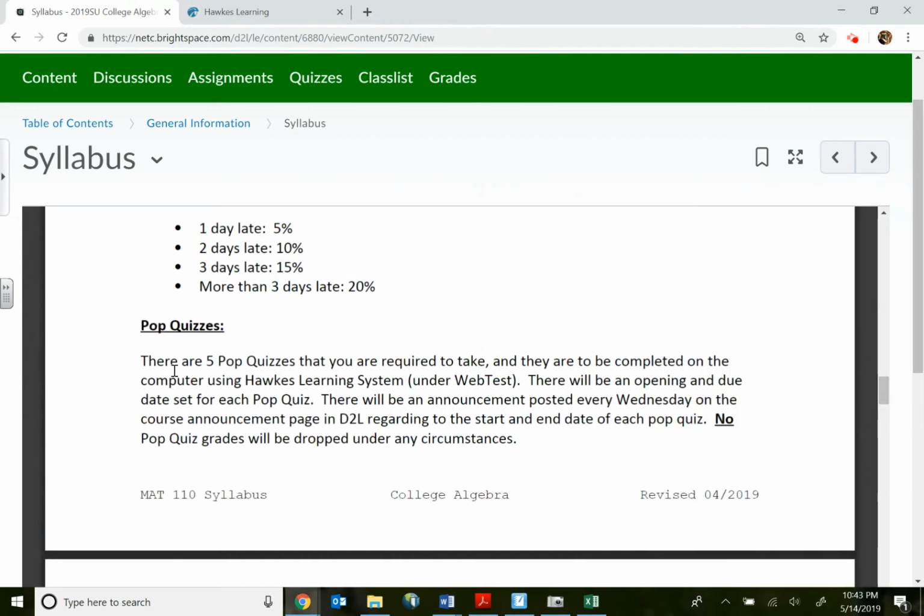All right, pop quizzes. There are 5 pop quizzes that you're required to take, and they are to be completed on the computer using the Hawks Learning system. You'll find them under the web test, and I will show you where they're located. Since it's a pop quiz, you're not going to see the quiz right now, of course. There will be an opening and due date for each pop quiz,